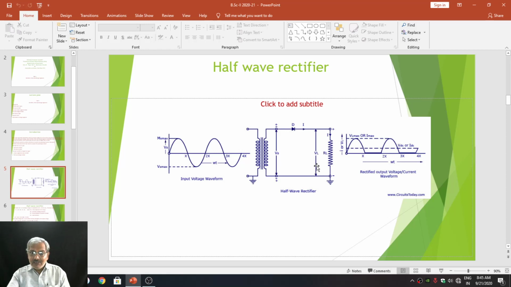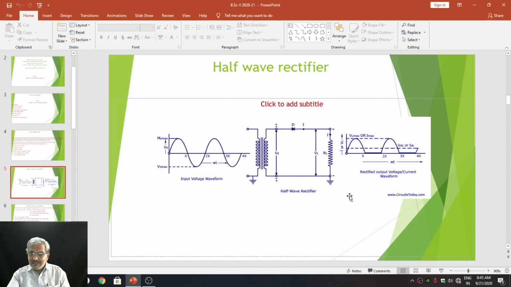But during the negative half cycle, when it reaches the P region of the PN junction diode, the diode D will be reverse biased. It acts as an open circuit. It doesn't conduct the current. Hence, no DC current passes through the load resistance RL. Hence, no voltage across the load. Thus, out of positive and negative half cycle, only positive half cycle will be converted into pulsating DC, and that's why it is called as half wave rectifier. Friends, this is what we have studied the last time.